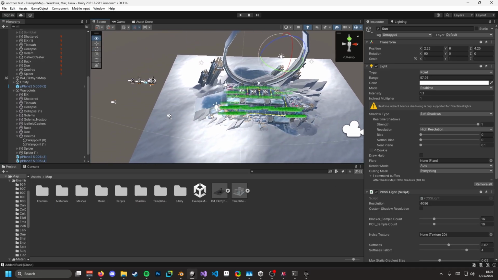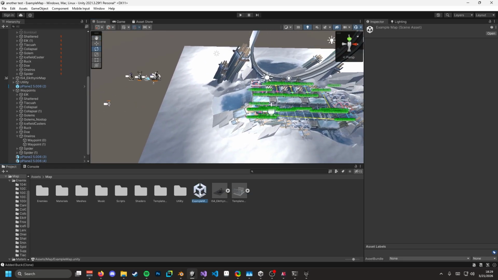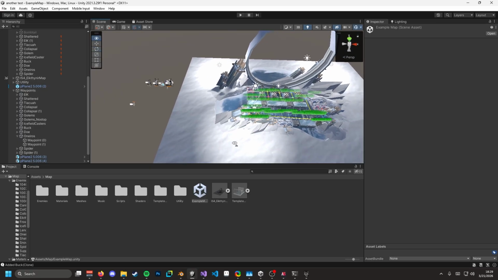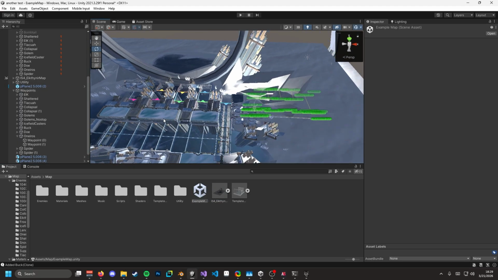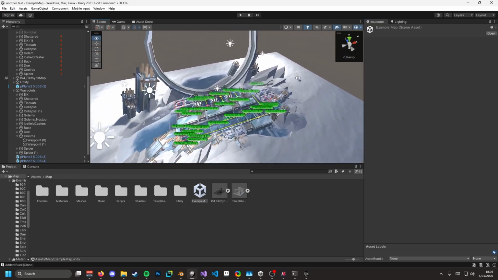Oh, I forgot to say that if you want to open up the example map, just double click on this example map.unity. And as for dragging your map, you just drag in the model like this and set the position to 0, 0, 0. Anyway,